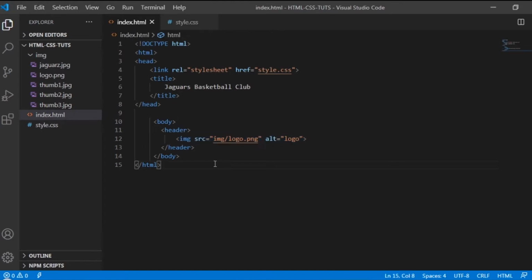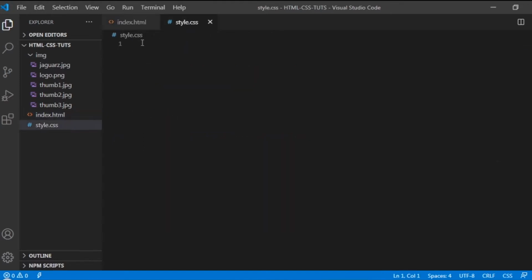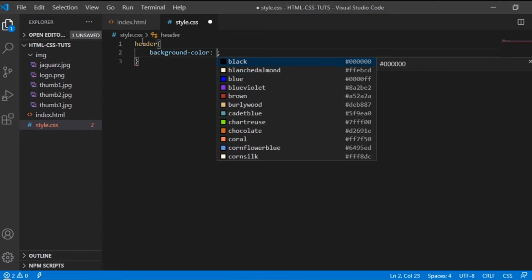Okay, so let's go to our CSS. We will design the header first. So the header, and then let's create a declaration. I want the background color of my website to be orange. So background color is orange.